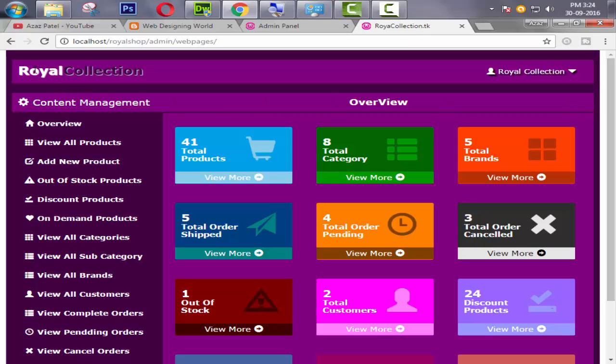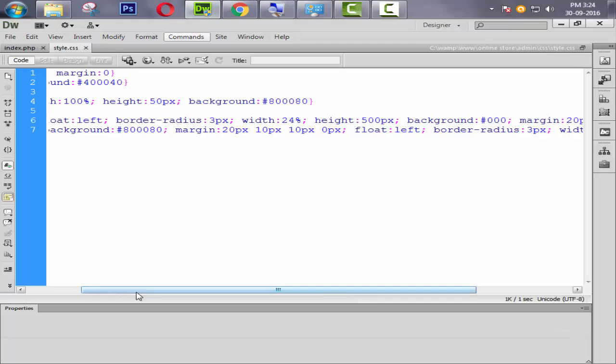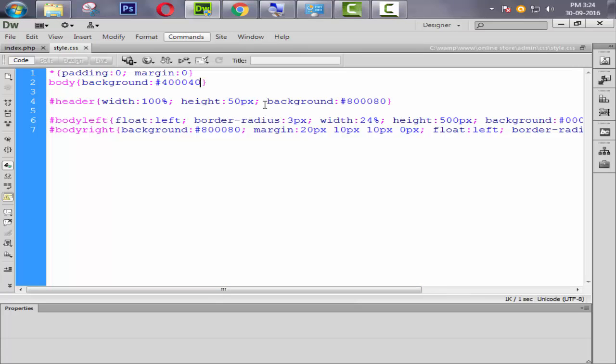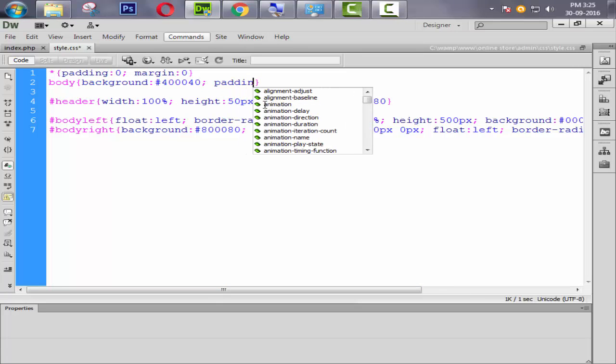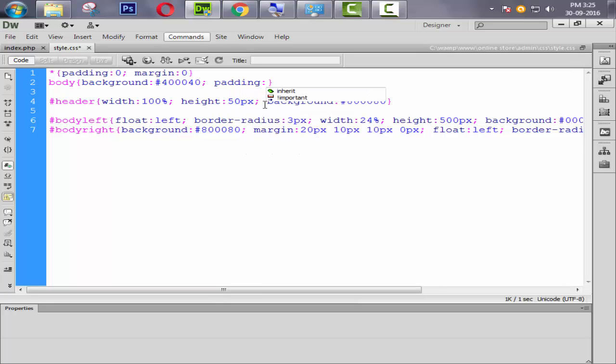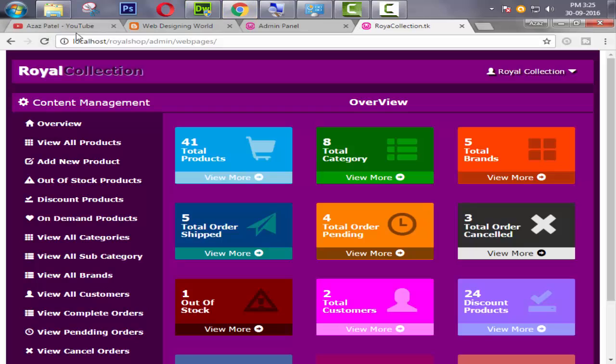But observe here, guys, there is also some space from the top of our header. So how can we do that? We simply write the padding property to body and say 2% of padding from all sides. So simply coming here, refresh. Okay, look at this now.